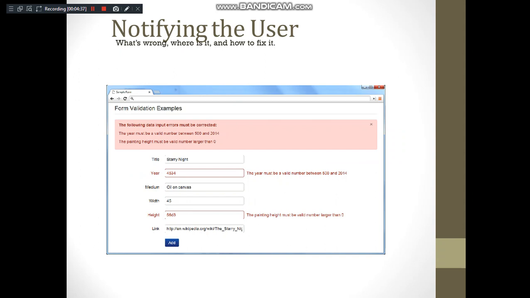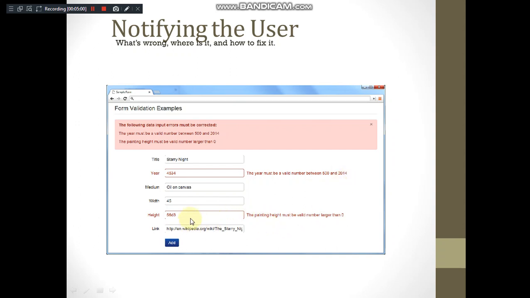There are many ways to notify the user about the errors made while filling the forms. Like in this example, you can observe it is written as 4534. You display a message in the document itself saying that it should be between so and so, it should be up to 2020 or something like that.